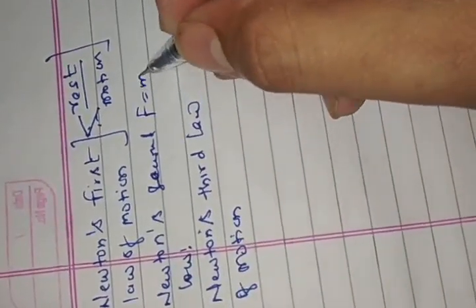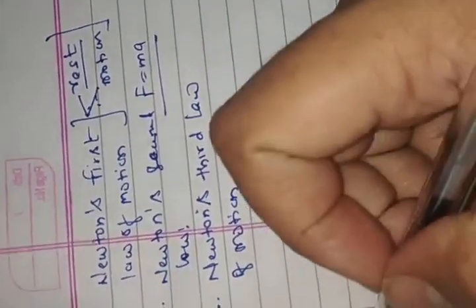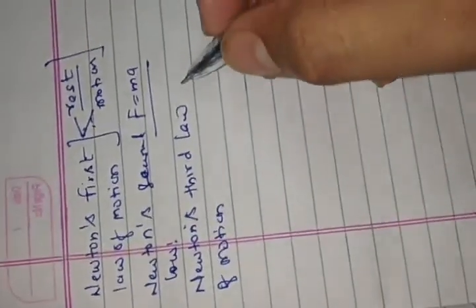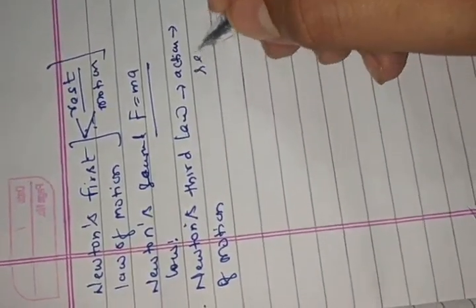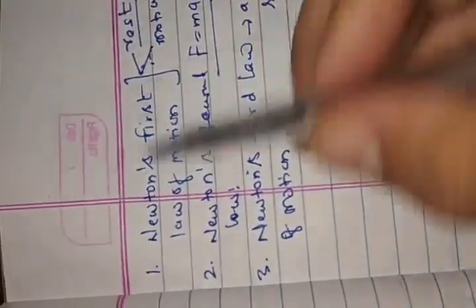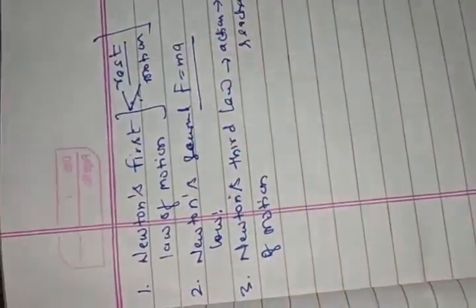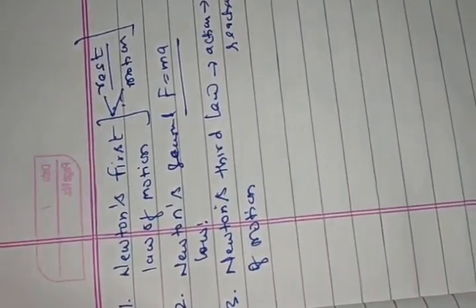In the case of Newton's second law, I will discuss the force concept, that force is equal to mass into acceleration. And in the third case, I will discuss that action has an equal and opposite reaction. So all these three laws have a good explanation regarding physics. By the first law, we can understand the concept of motion and rest, meaning when a body will remain in motion and when a body will remain at rest.